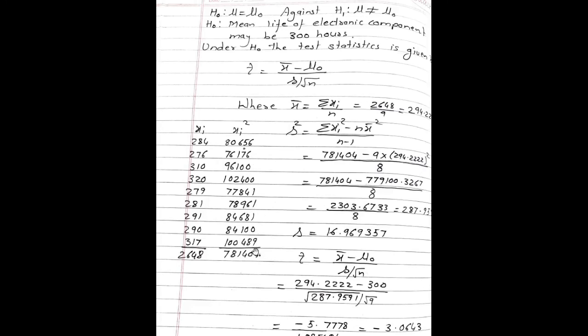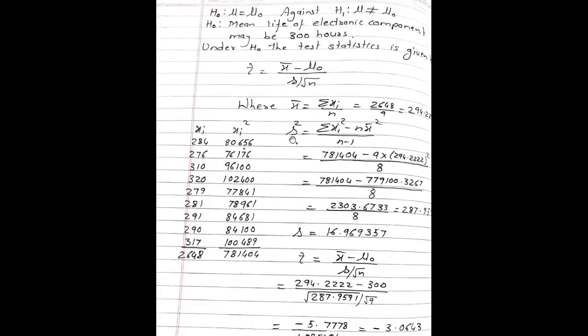We need the total of all xi square values. So let us calculate the total. 80656 plus 76176 plus 96100 plus 102400 plus 77841 plus 78961 plus 84681 plus 84100 plus 100489. So the total becomes 781404. So x bar is nothing but summation xi upon n, which is equal to 2648 divided by 9. So the answer is